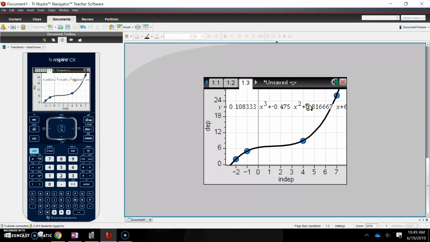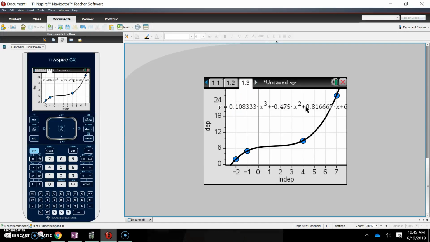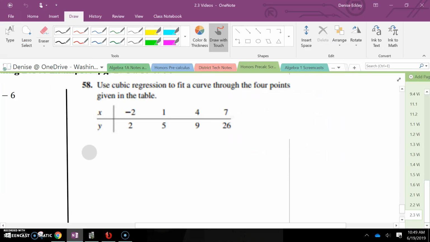So let's see, what was it for our other one? I think we probably lost it on our screen. But they are almost identical. So that's what you're going to write on your paper then. You're going to write y equals, and we're just going to... I don't know why that keeps disappearing. So I guess we're not